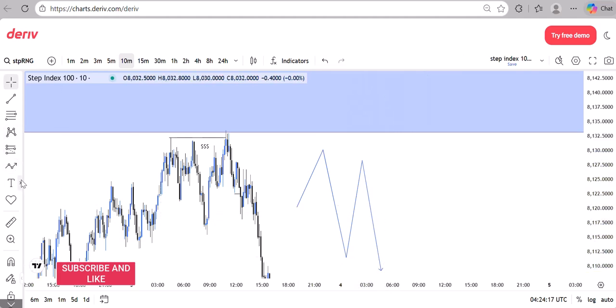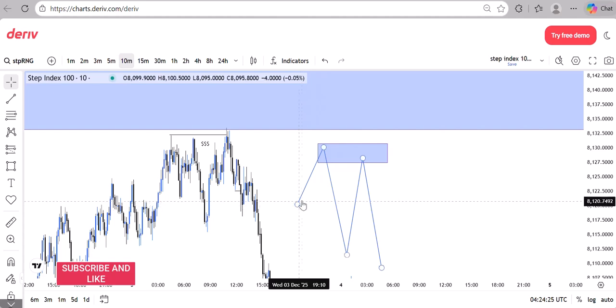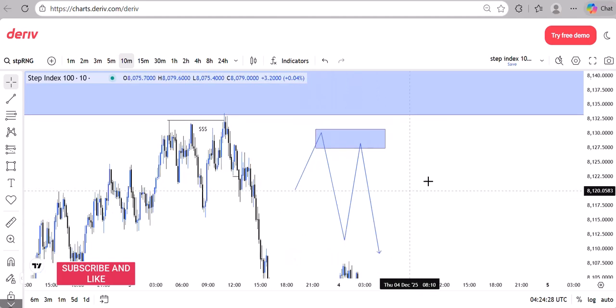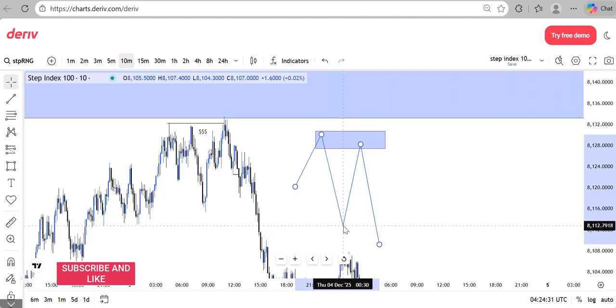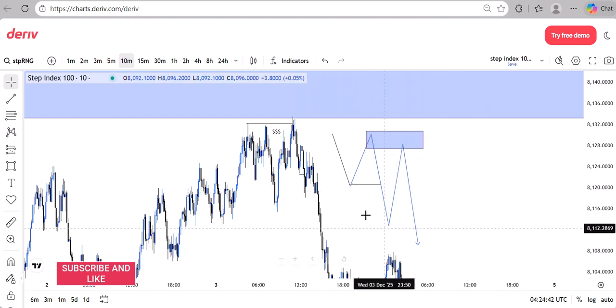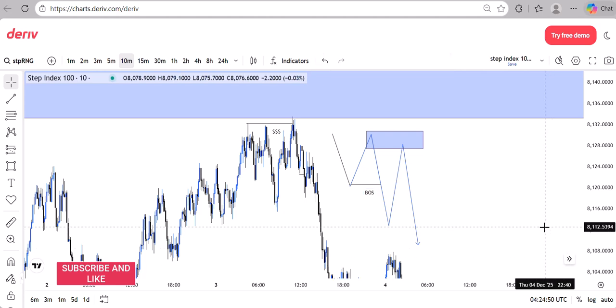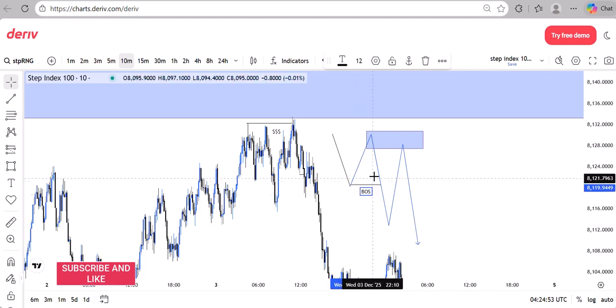Now this is the zone, this is our zone. We're waiting for something like this. So price came in, price first of all broke structure. Okay, there was a break of structure. So this structure was taken out. This is what we are looking at, this kind of pattern. So this structure was broken. There's a break of structure, this is a break of structure. So price broke structure. After price broke structure, it tapped into that zone that caused the break of structure, and then